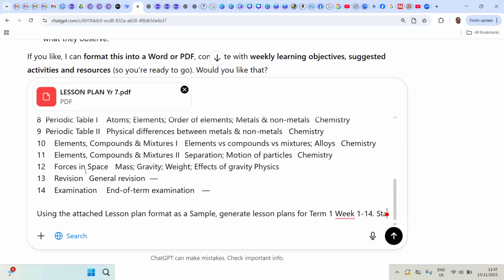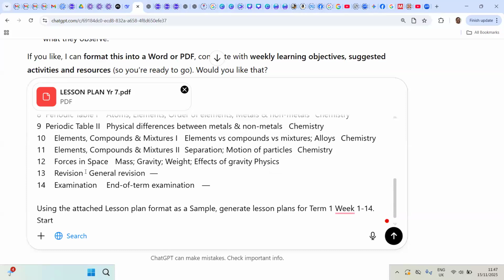Okay, start with week... no. Okay, let's go on. No, start with week 1 to 2. Don't rush it. The rush can give you something that is wrong. Week 1 to 2. First,